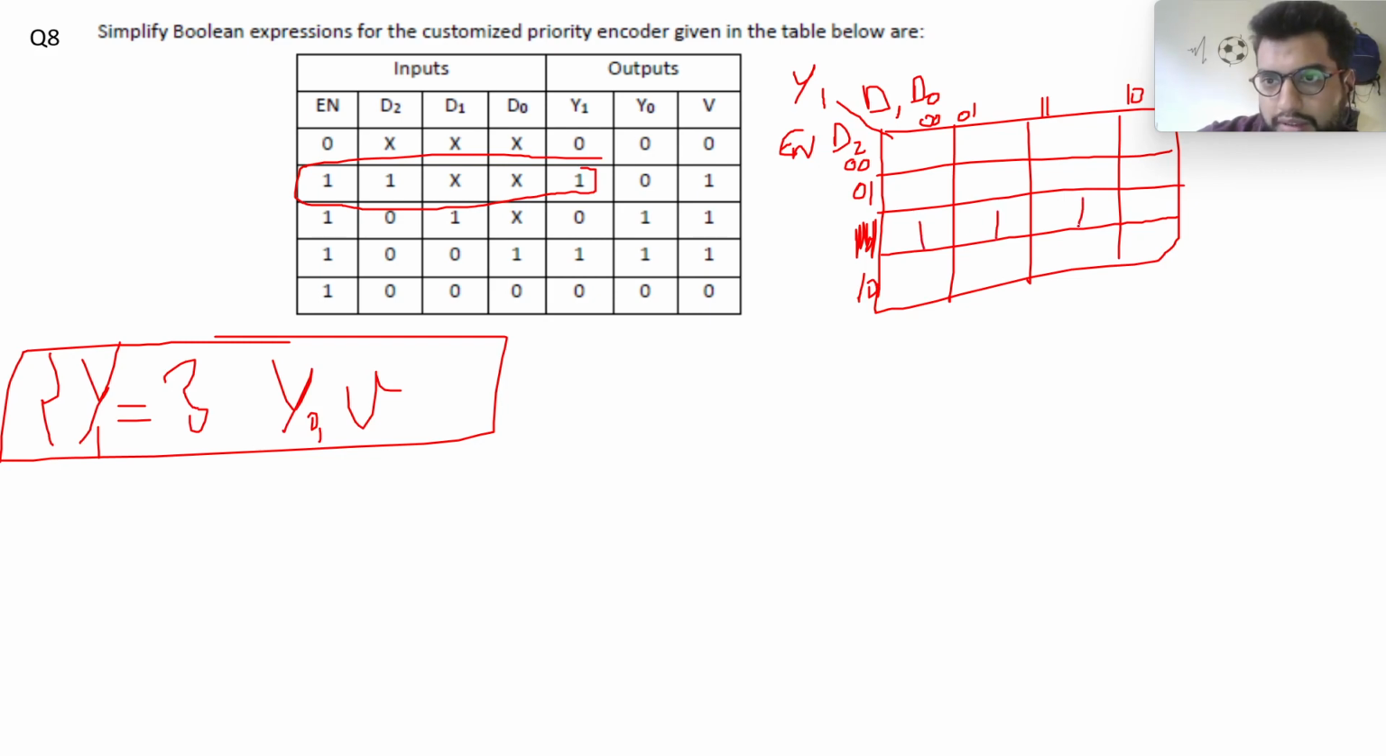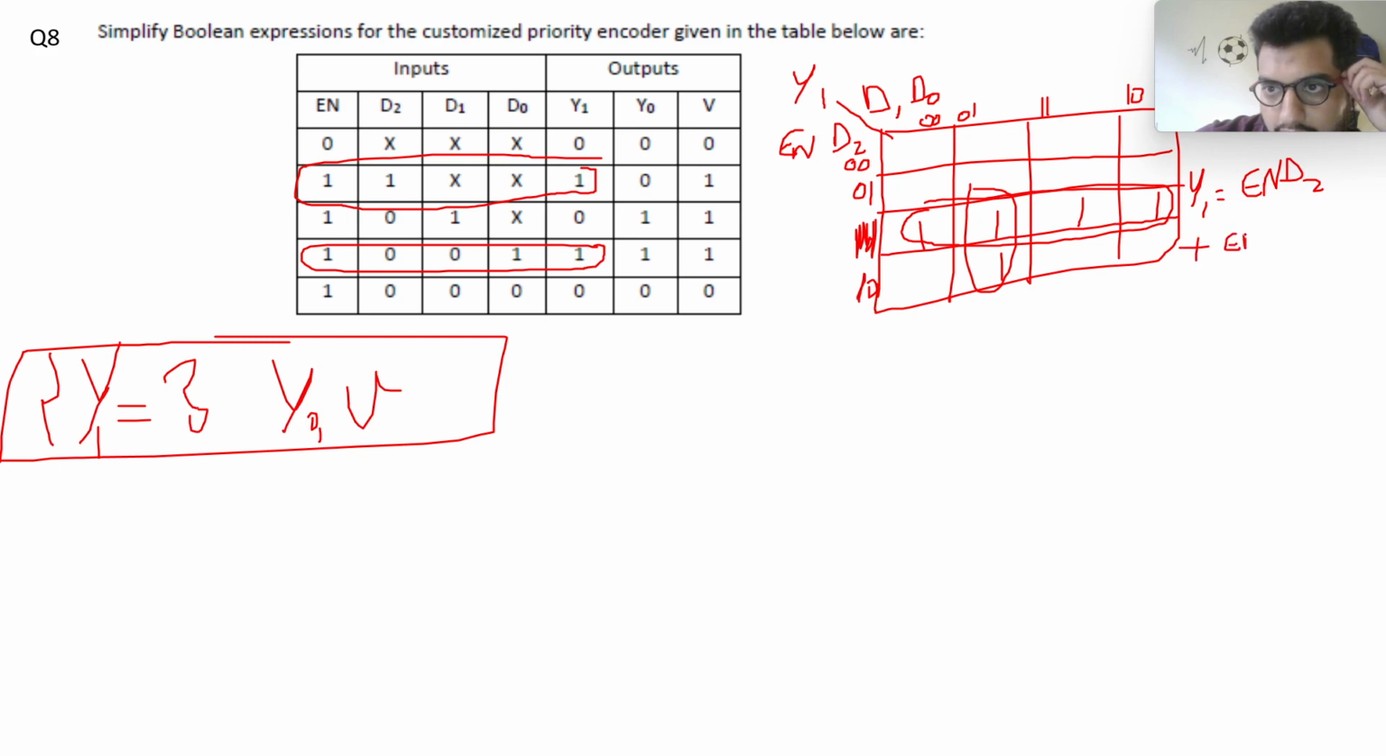So it will be like this, right? And also y1 is 1 when en and d2 are 1 0, and d1 and d0 are 0 1. So like this. Now if I use the K-map solving technique, it will be like this, forming this quad and forming this pair. So y1 will be equal to en d2